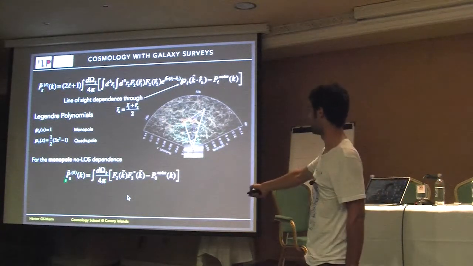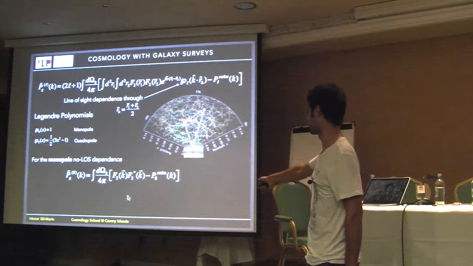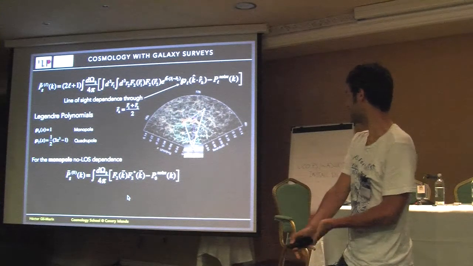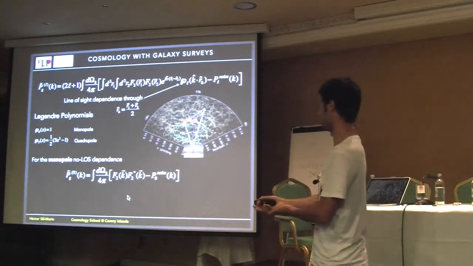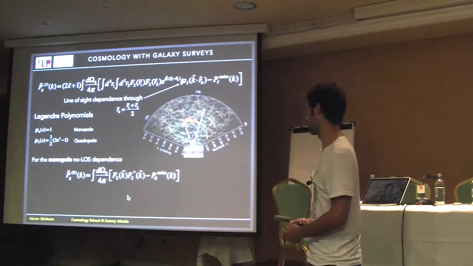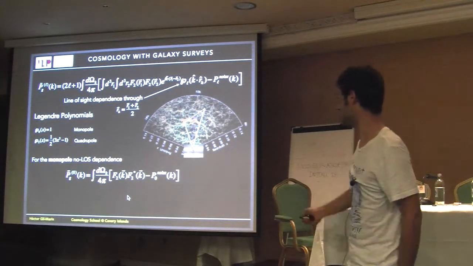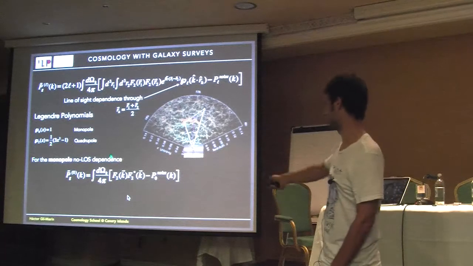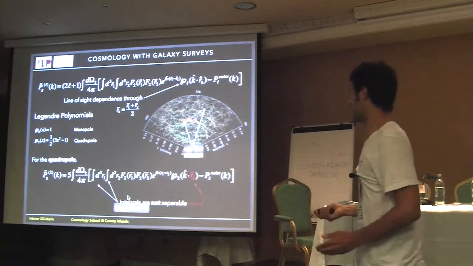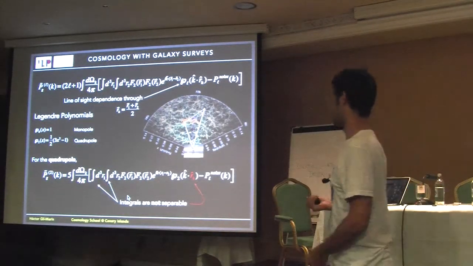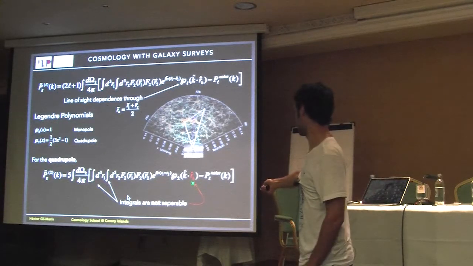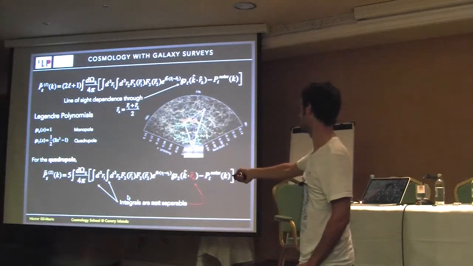Because actually the monopole power spectrum is just the Fourier transform of this thing. So we just have to measure F and Fourier transform it using an FFT, a fast Fourier transform algorithm like FFTW, and take the angular average, then we will get the monopole. However, things get more complicated with the quadrupole, because we have this thing here, which is not 1 anymore, and actually